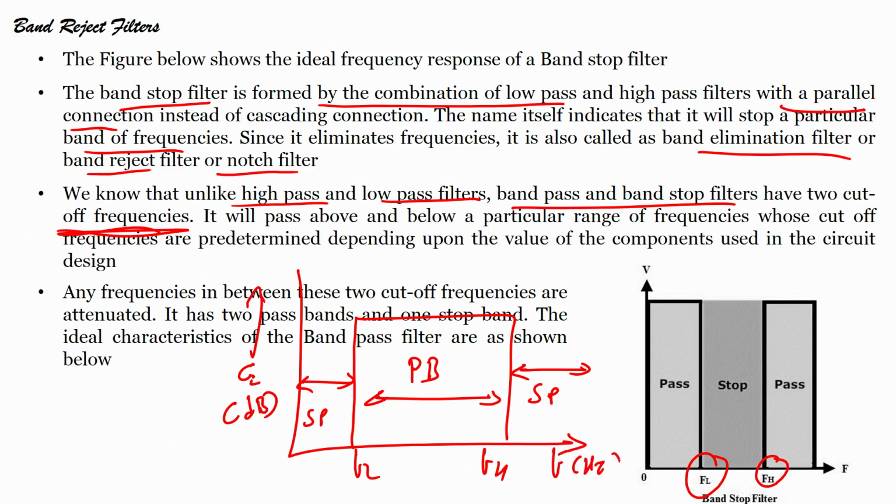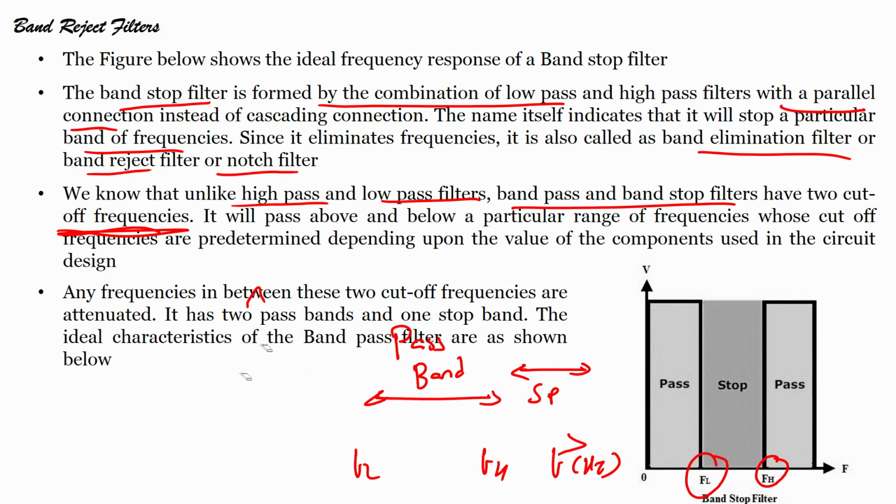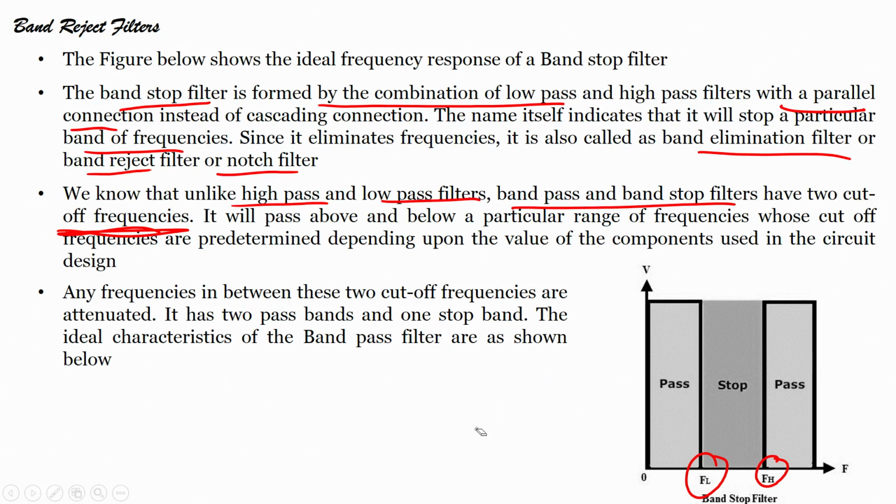Even if it is obvious that there is a frequency, still you have to mention, when you are plotting a graph, what is your y axis and what is your x axis. You have to write the full form: pass band, stop band. Whenever you show in an exam or in your class or in your interview, if you are asked, please plot everything correctly.